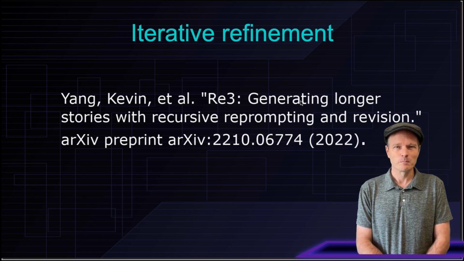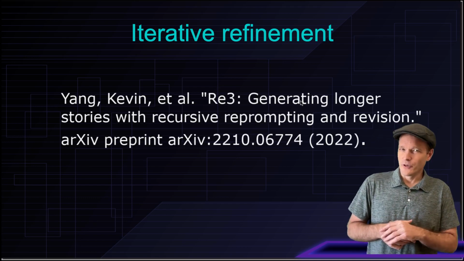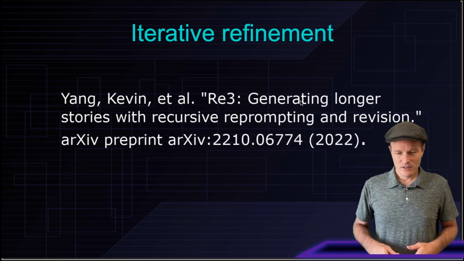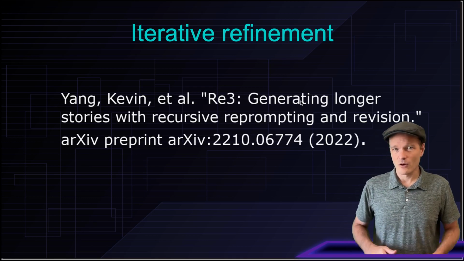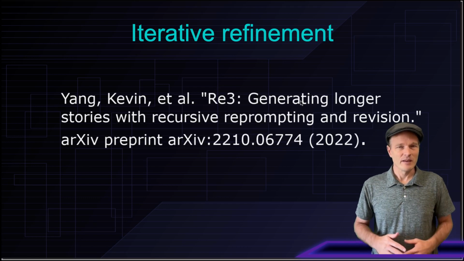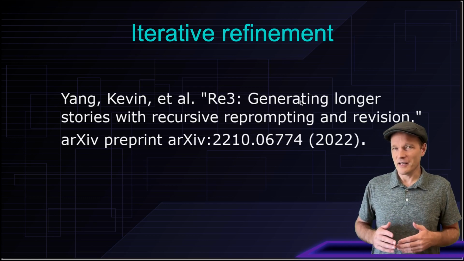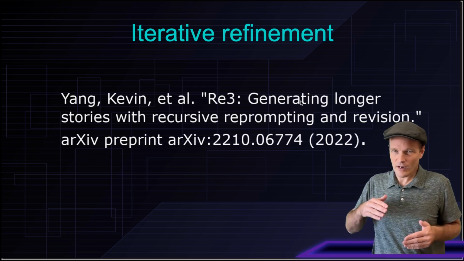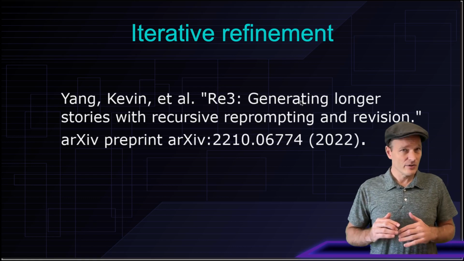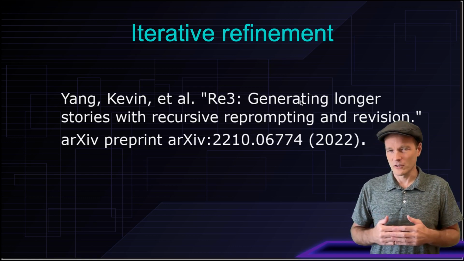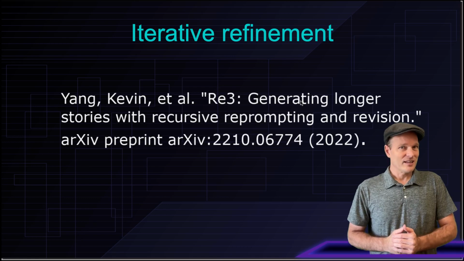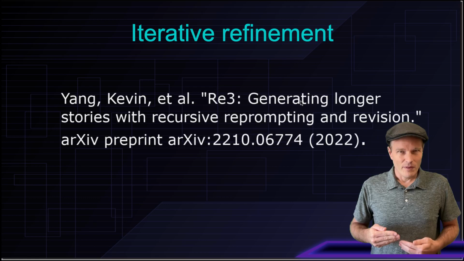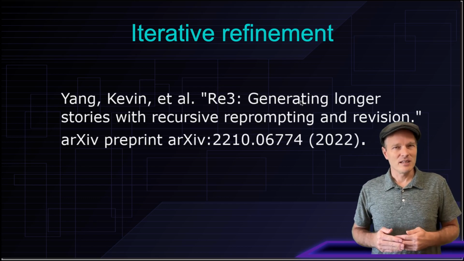As good researchers do, the authors of this paper decided to measure how effective their technique was. So they had some people numerically assess the quality of the writing from ChatGPT. Of course, their expectation was that as it summarized and then reconsumed its own writing, the overall quality of the writing would gradually decrease. But if it didn't decrease too much, then that would be a publishable result. But instead, something very surprising actually happened. The more ChatGPT iterated on its own writing, the better the writing actually seemed to get.